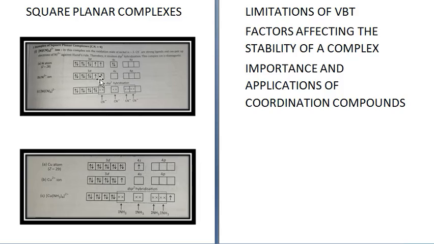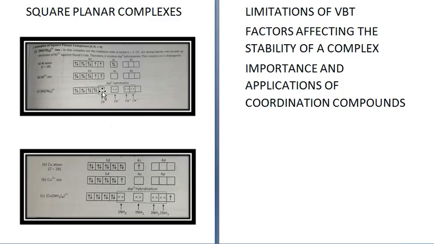They do not hybridize like that. What happens is that these 2 electrons which are present in 3d, they pair up. So you have 4 3d orbitals filled with 2 electrons each, and one 3d orbital is vacant. So one d orbital, one s orbital and 2 p orbitals hybridize in the form of dsp2 hybridization,